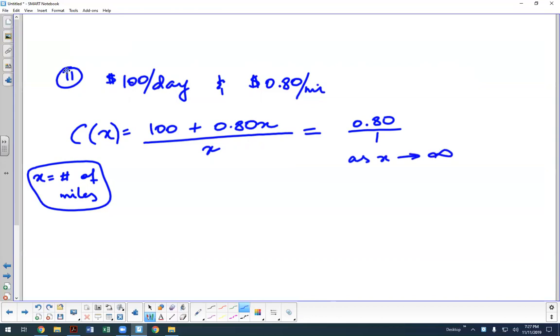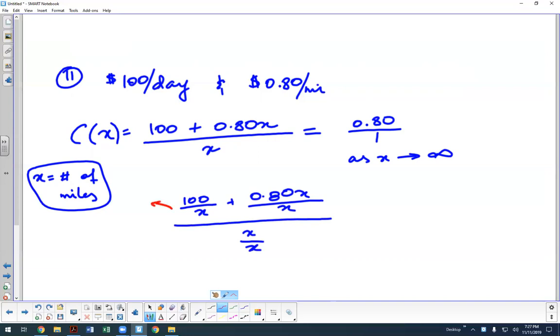Or your other option would be taking each term and dividing it by the highest degree of X. So then this guy would be going to 0. This guy would be at 80 cents. This guy would be at 1. So you end up with 0 plus 80 cents over 1,